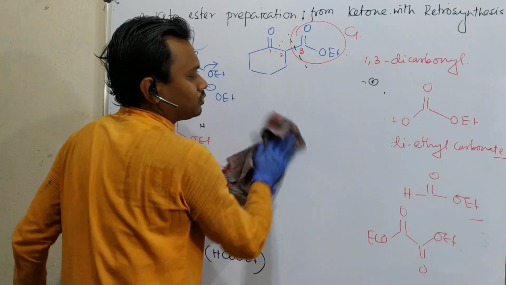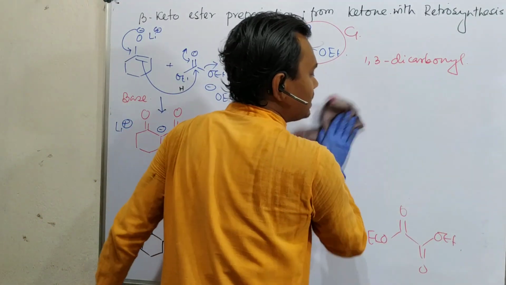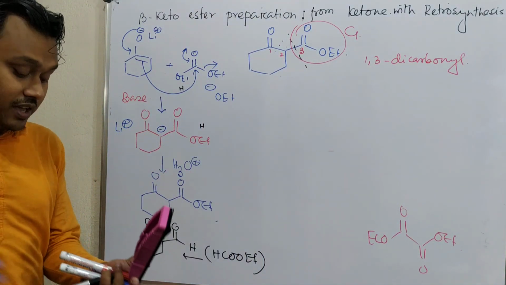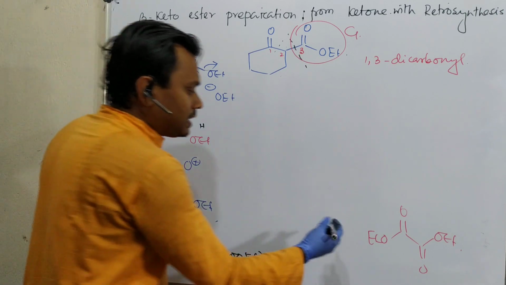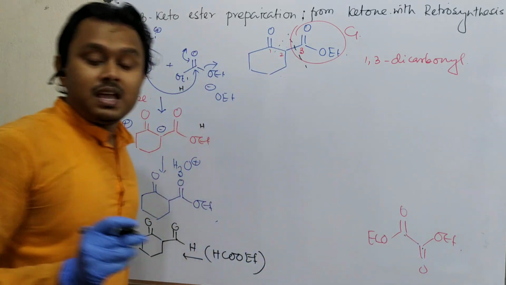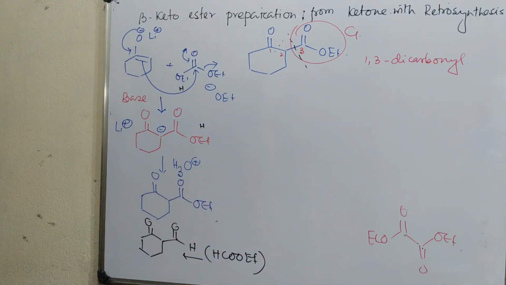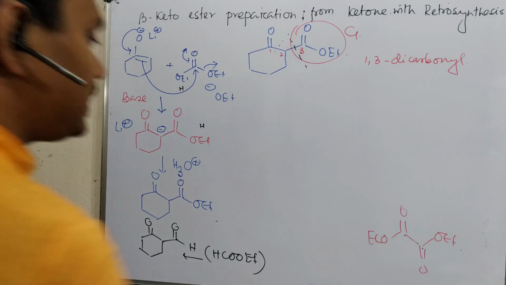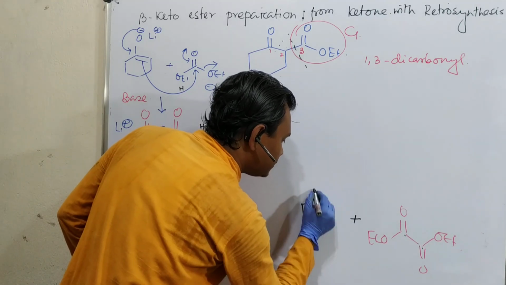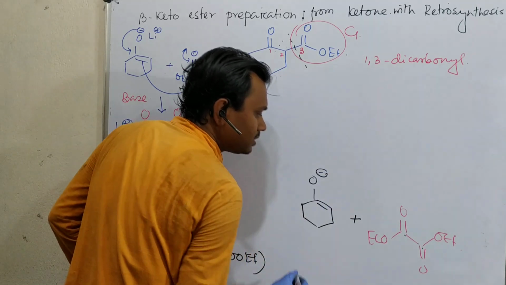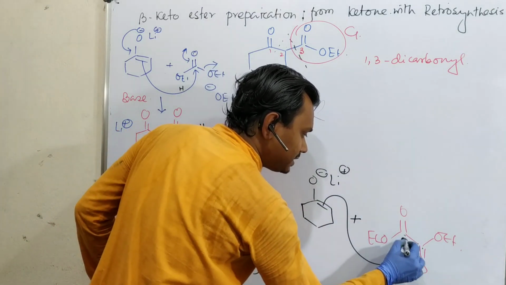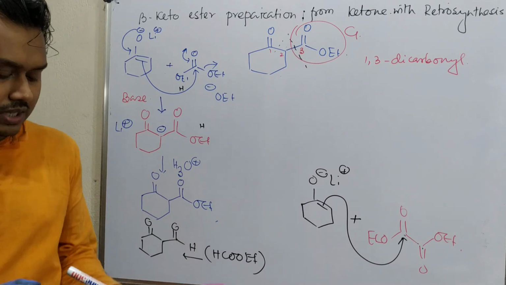If we use oxalate, what will be the consequence? See, oxalate is also a derivative of carboxylic acid. Rather, I'll say a very reactive reagent. Fine. See, in this oxalate, these two carbonyls are attached adjacent to each other, which means these two carbonyls are in the 1,2 position, which indicates that they are very electron deficient. So it will react very efficiently. And if you react this with this enolate, lithium enolate, better to say, what will it do? This will attack here, and if it attacks here, then what is the consequence?